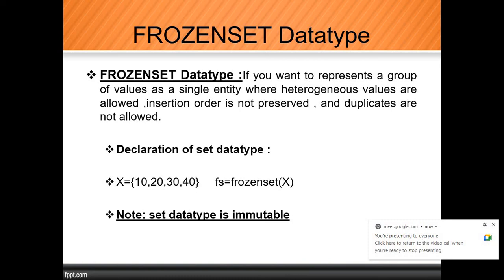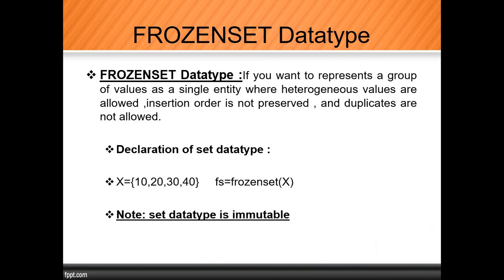If indexing is not applicable, that means we cannot do slicing. Make a note of that. If there is no indexing, how will we do slicing? Because slicing also internally uses indexing: we enter the first value, then the second value, like that. We will cover that later. So if indexing is not allowed, how can we say that slicing is allowed?